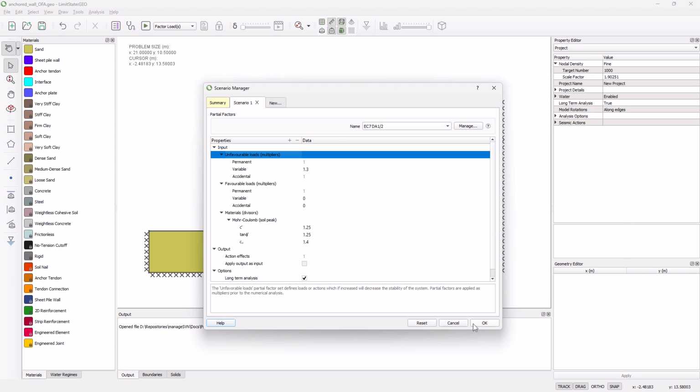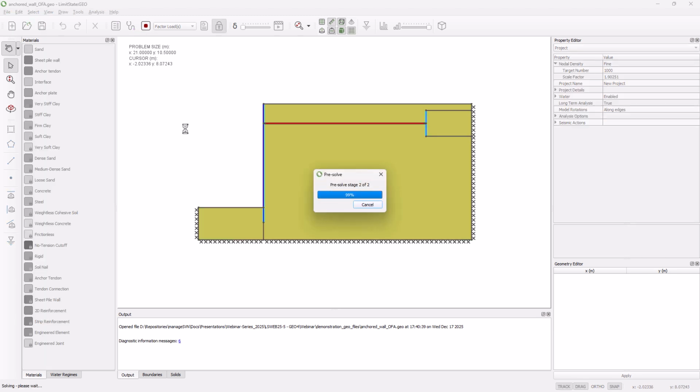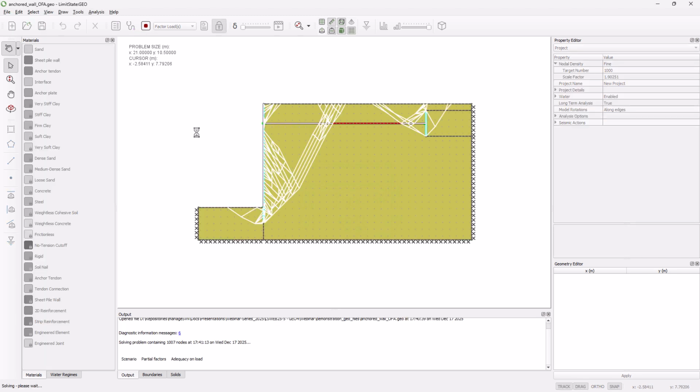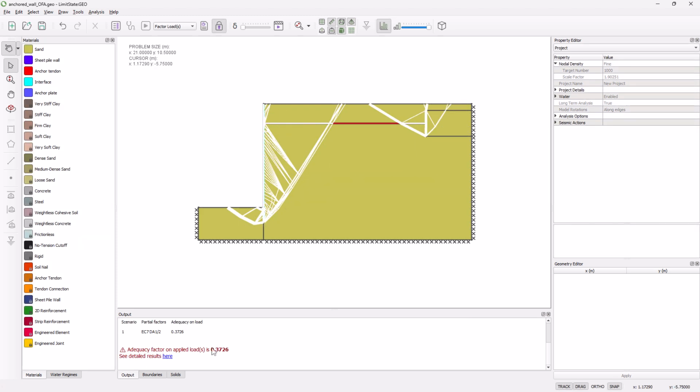So if I click OK on that and solve, I will get a failure mechanism. Again, we're asking the software how much heavier does the soil behind the wall have to be to fail it. And we've got a factor less than 1. So it means with those partial factors applied, then